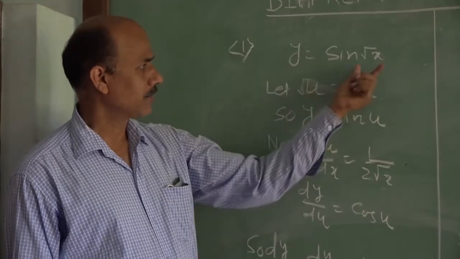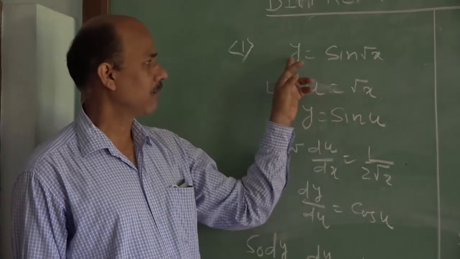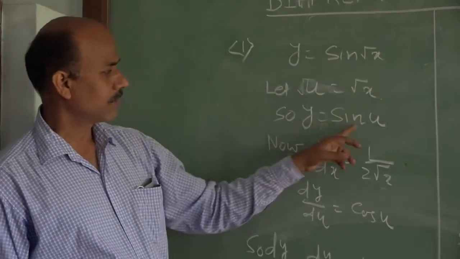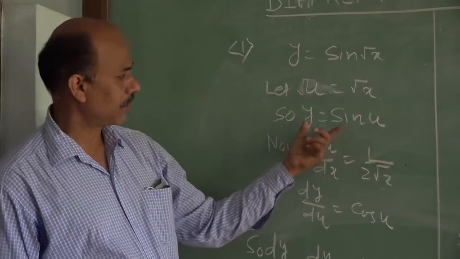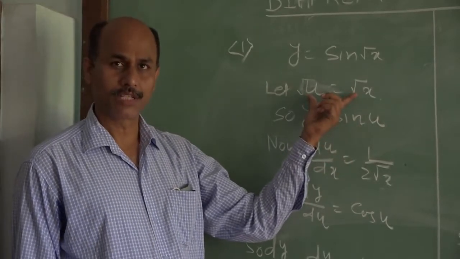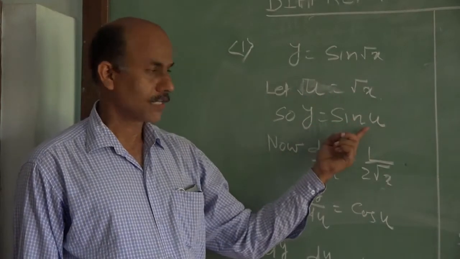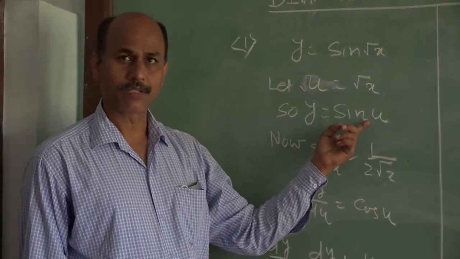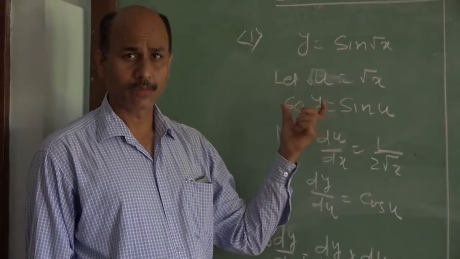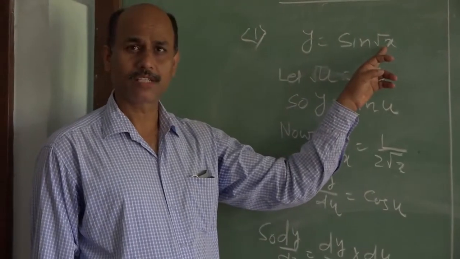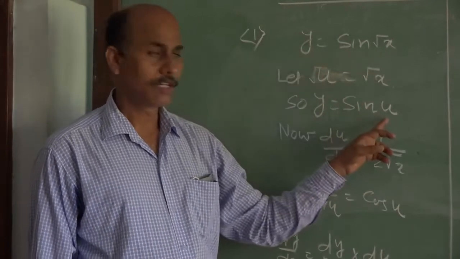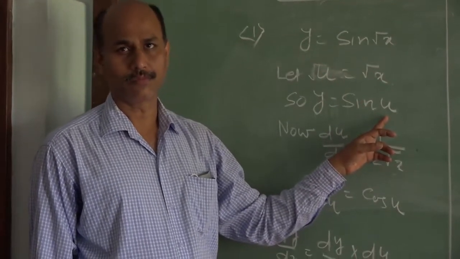So once you are considering this root x equal to u, then obviously this can be written as y is equal to sine u. So y is equal to sine u I have taken. Now what you are noticing, only after one supposition, this y gets converted near to some standard format. Now you know this is already in the standard format. So this way your thinking should be, that you should start imagining things continuously until your y gets converted into a standard form.